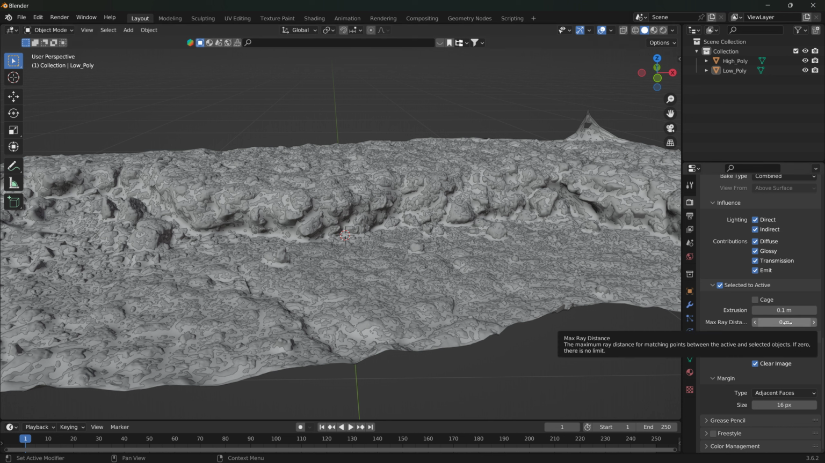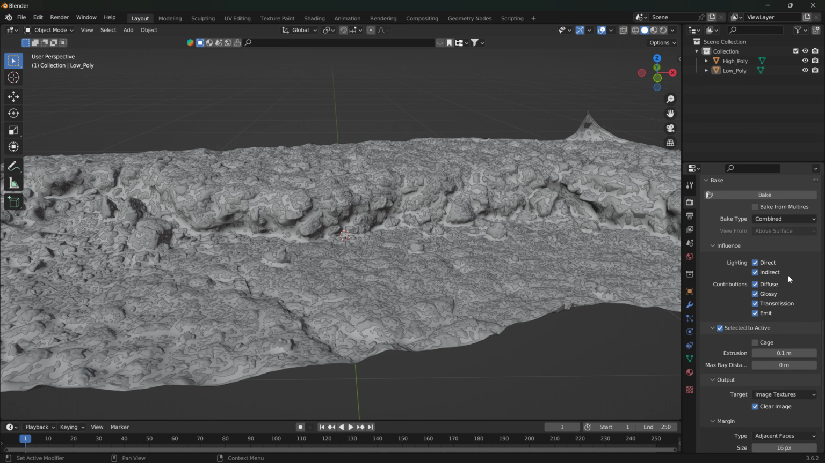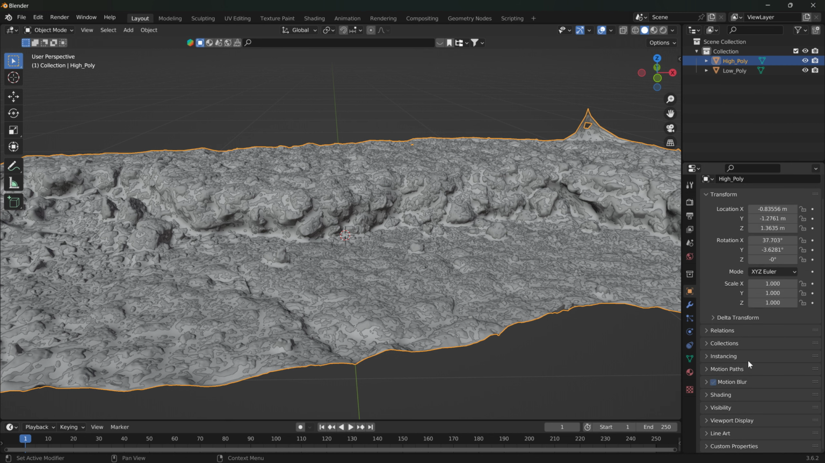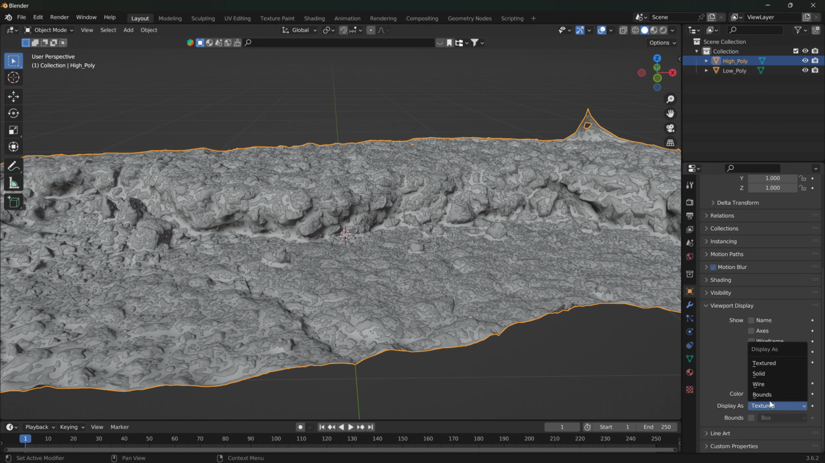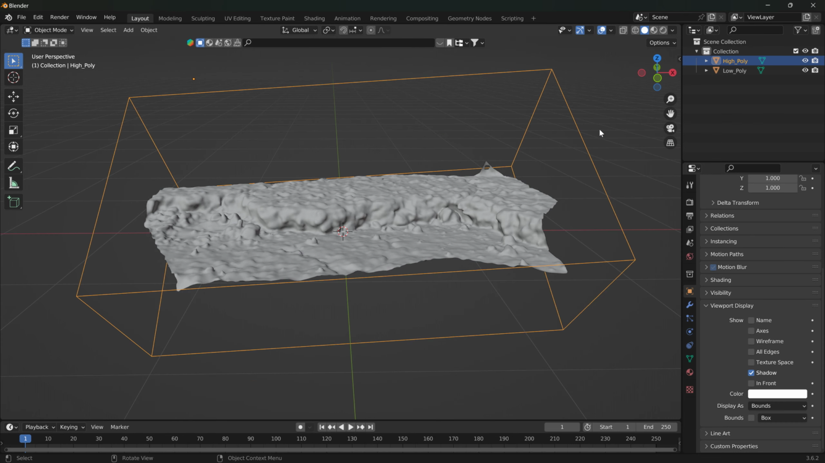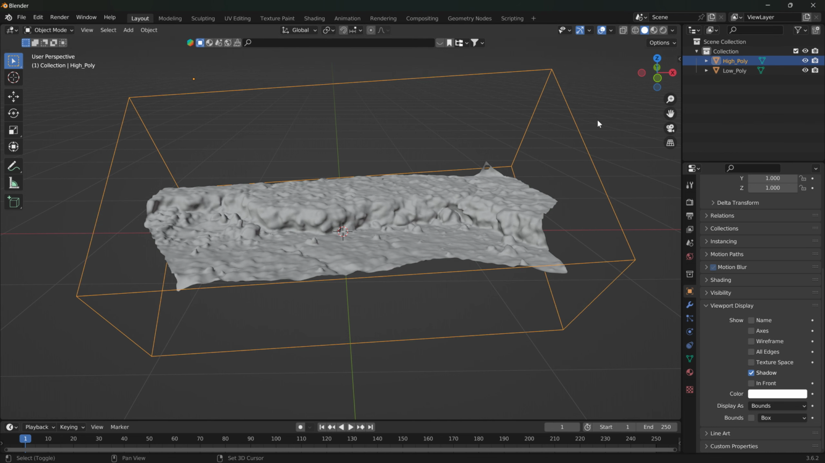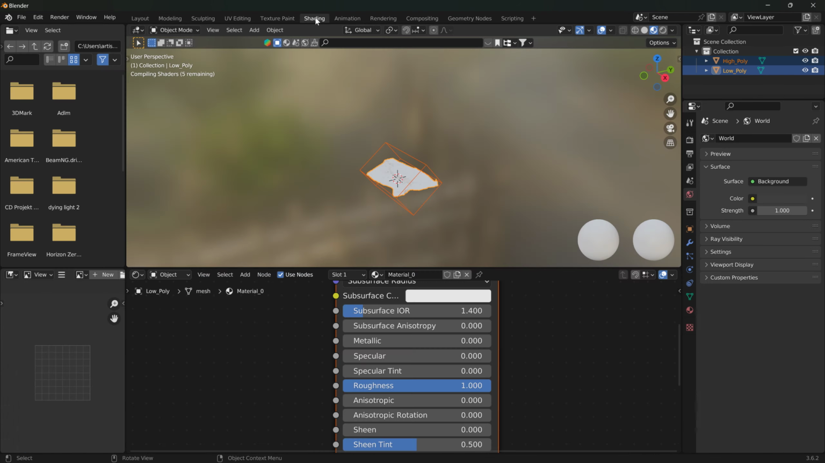Max ray distance, leave that at 0 so that it can have no limit. It can just, and we'll be baking diffuse, but only the color information. So then go to the high poly, hit this little orange box, go to viewport display, change that to bounds. That way you're seeing a box representing the high poly. Makes it easier to select the box because the next thing you do is hold shift and select the low poly. Go into the shading tab,